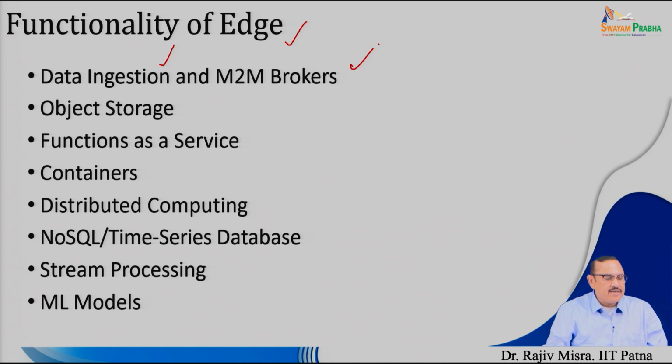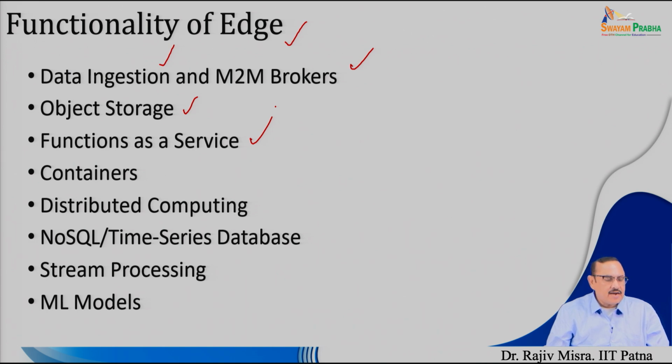Next important thing is object storage. Object storage is the storage service which the cloud provides to store large data sets, maybe video feed from a camera or IoT sensor data, for which time series databases are required. In that case, objects are stored over there. This object storage, in some small form, has to be also enabled at the edge with the help of a small data center, called edge data centers.